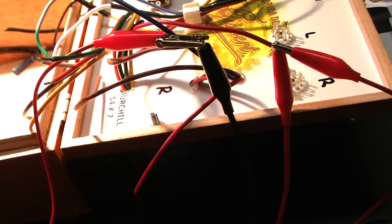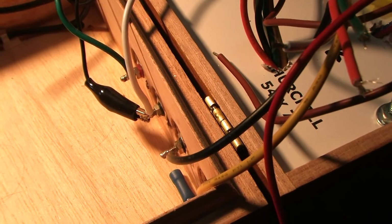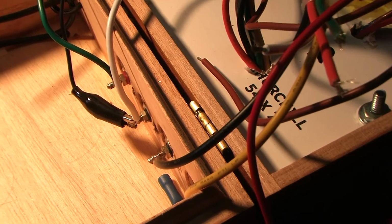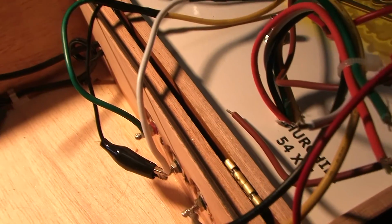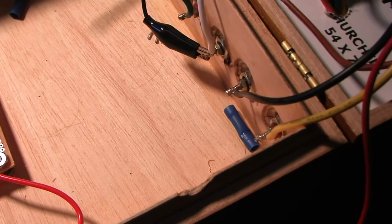We figured out, so I'm going to have to desolder, clip a couple of these wires, and make sure that the white one goes to the output. The white wire from the secondary goes to the positive wire of the terminal block, the speaker terminals. I'm thinking ahead here. So I'm going to do that, and then I think the only other thing I'm going to do this morning is wire up the